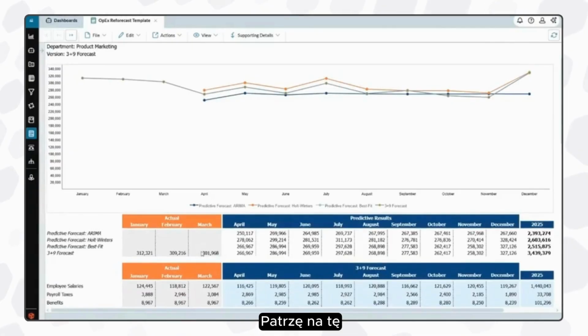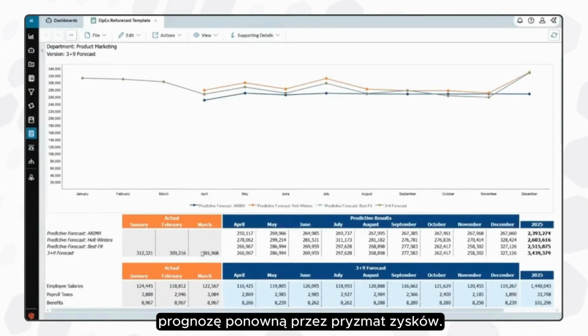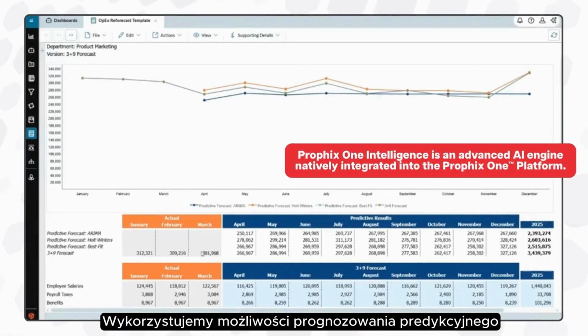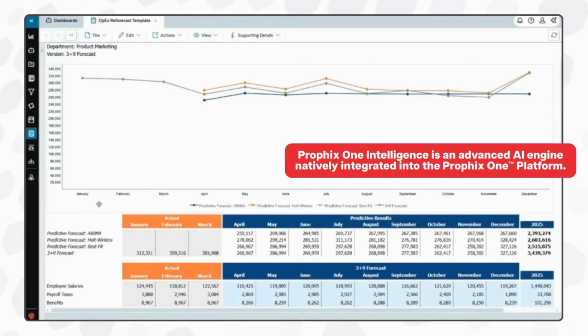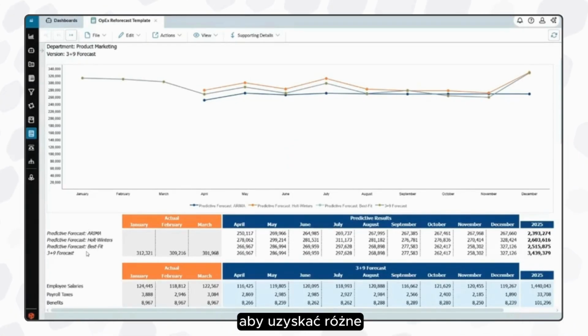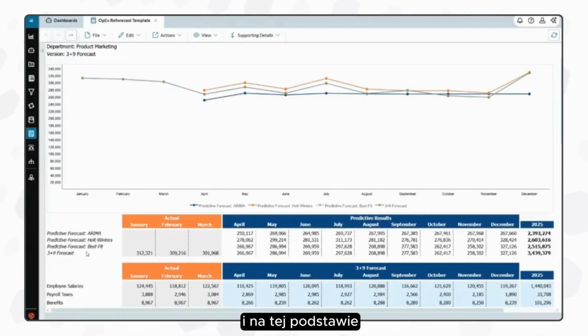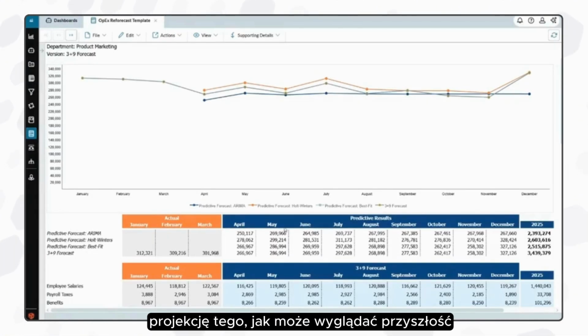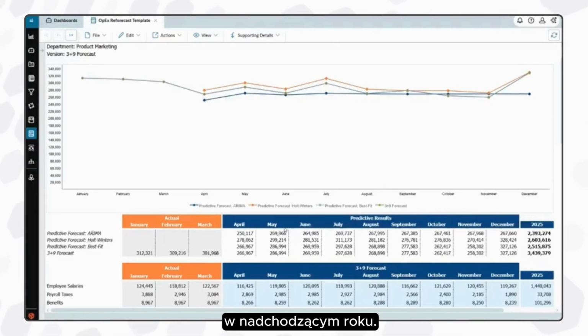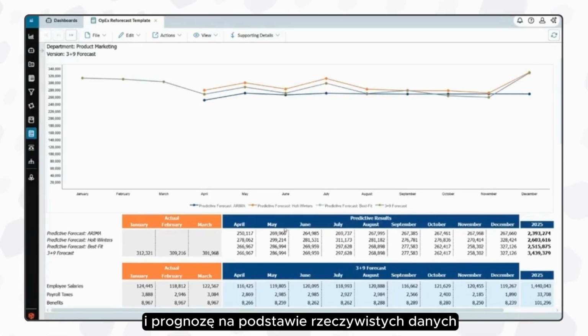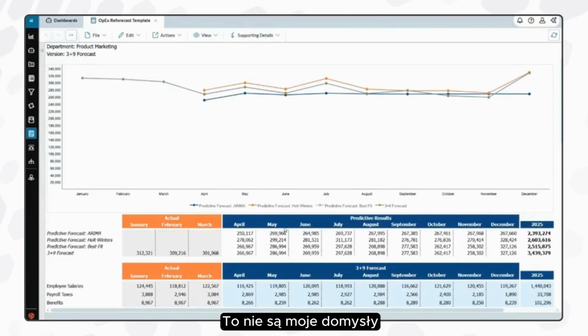I'm looking at this reforecast through the lens of Prophix One intelligence. We're leveraging predictive forecasting capabilities to give us a variety of different forecasting methodologies to take our historical actuals and apply these methodologies and give us a projection for what the future may look like for the upcoming year. So the idea here is that I'm doing my analysis and forecast based on actual data and trends in seasonality. It's not a guesswork on my end, and it ensures that we will hopefully land somewhere accurate over the rest